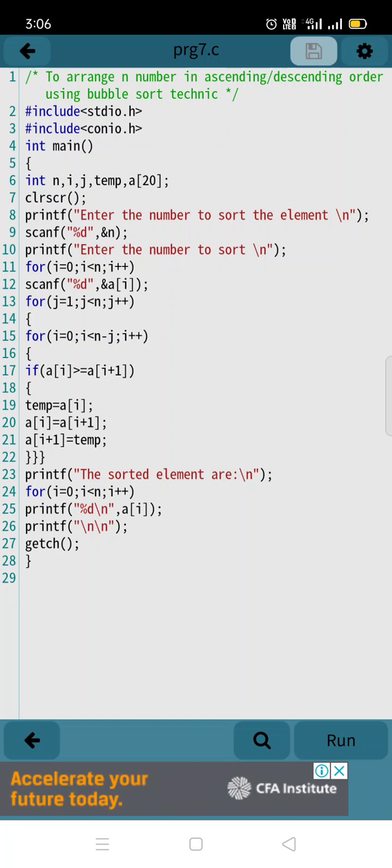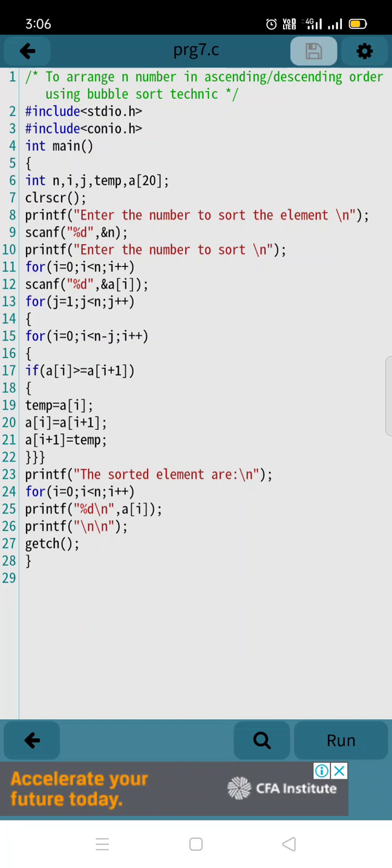That is what temp we have taken. Temp means temporary. So a of i is the index of the array, and whatever value is stored in a of i is going to be transferred to the temporary variable.